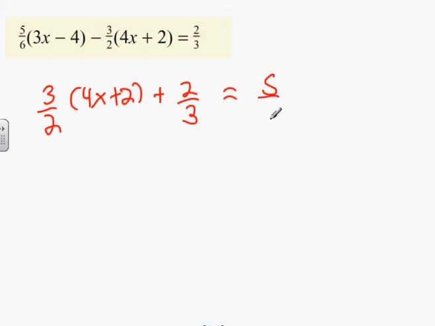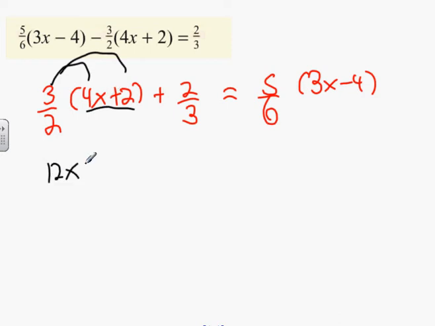Now, can anybody in class tell me how would you go about starting this off? You have a fraction multiplied by everything that's in the bracket. Can anybody tell me what would be a good way to start that off? So multiply it out and then put it all over 2. So you're going to get 12x plus 6 all divided by 2. Then what remains is 2 over 3 equals 5 times 3x minus 4